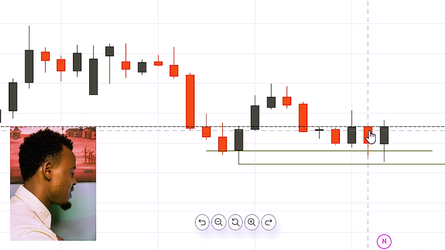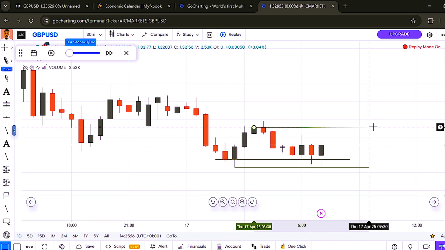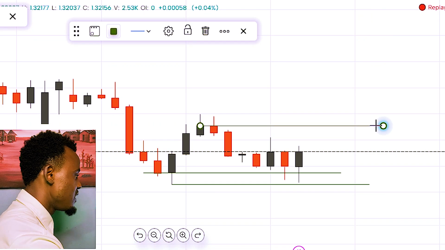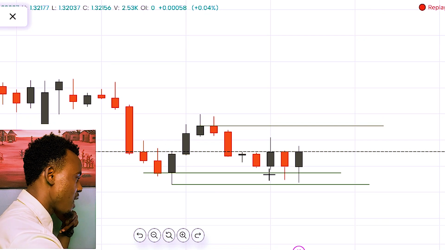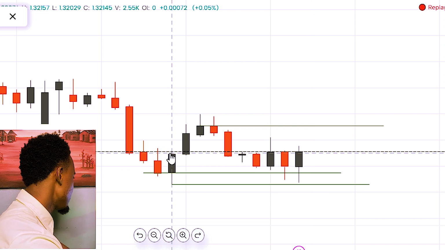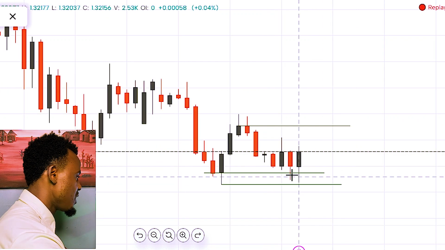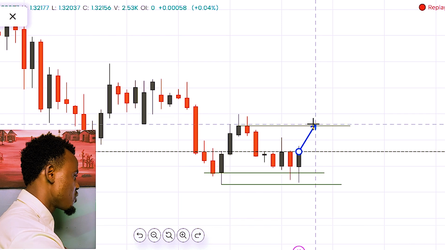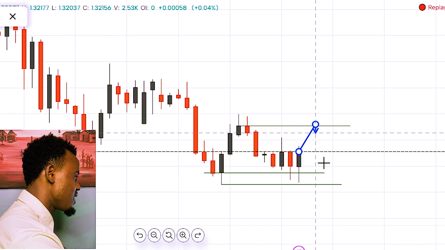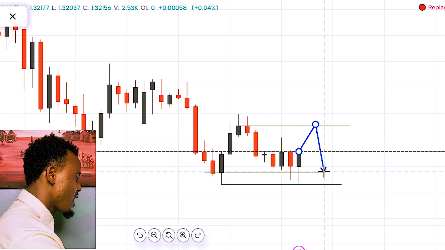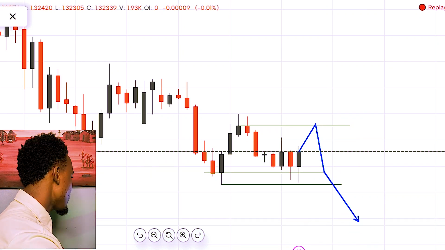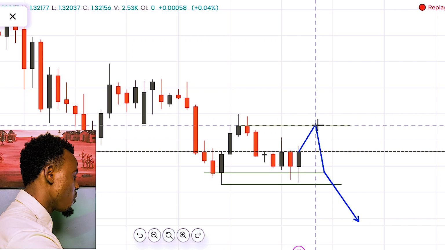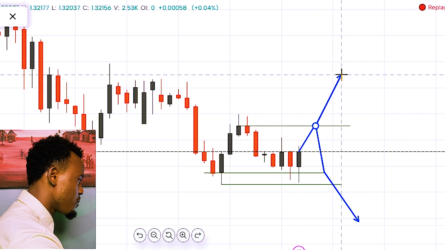Now we have our resistance right here. Price action is kind of predicting where the market will be going to next. Now, I would possibly say price is already at the zone. It might get to this place right here, just to break down and retest this zone. I'm understood, right? And if it breaks this particular zone, then it will keep selling. Price might get to this particular area. Once it breaks, it will keep going up, right?